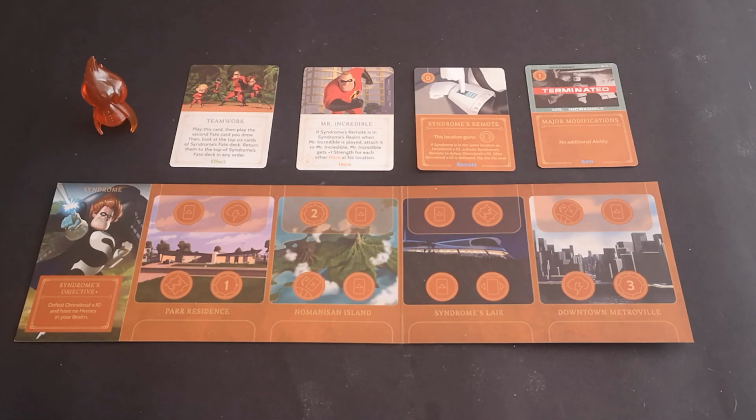It also feels like there's more to keep track of with Syndrome than with other villains, as his playstyle can be fit into 3 separate phases. In phase 1, you want to find and defeat heroes using your Omnidroids to help you get to phase 2. In phase 2, you're searching for major modifications. You have 4 of these cards in your deck,